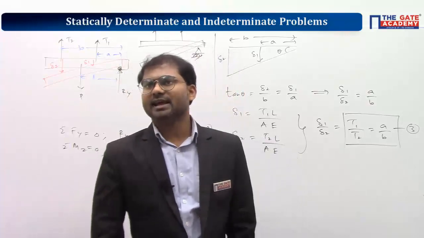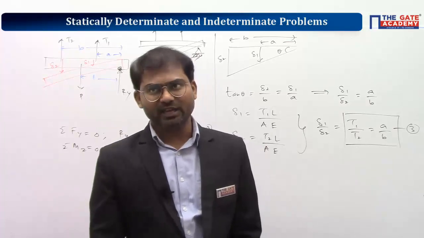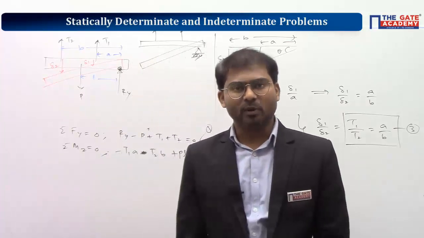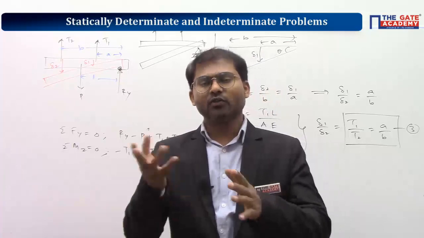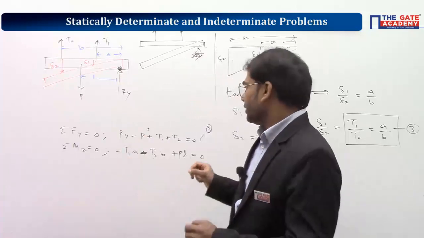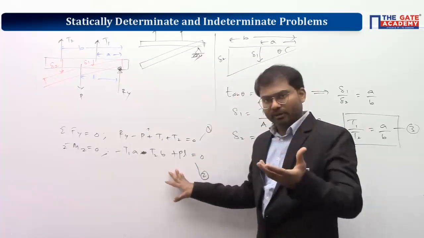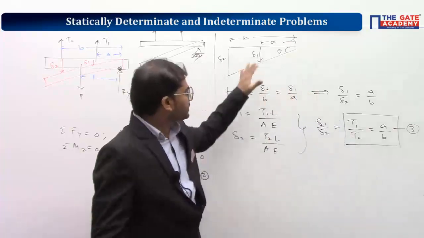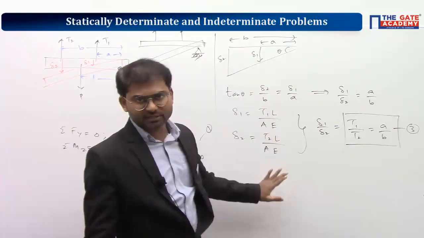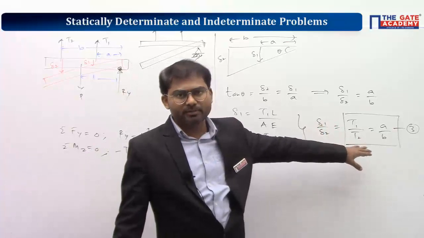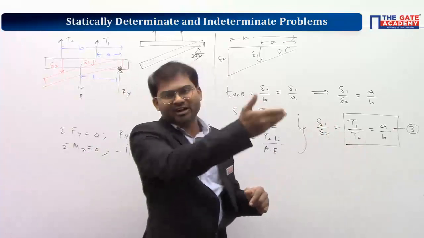So Ankit is telling that, sir, I have substituted T1 and T2 in equation number 2. Yeah, Ankit, very good. I appreciate your smart way of thinking. You have gone out of the box and got the answer here. But that method is also a little bit time consuming. If you know this step, the delta 1, delta 2 will be like this, and you get T1 by T2 is equal to A by B. So this is a little bit faster approach.